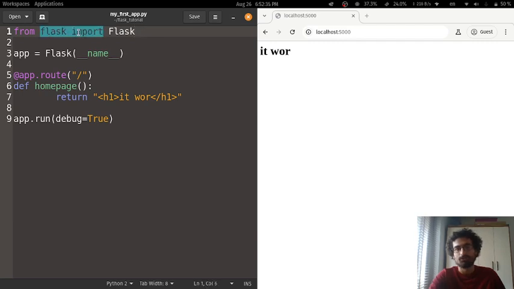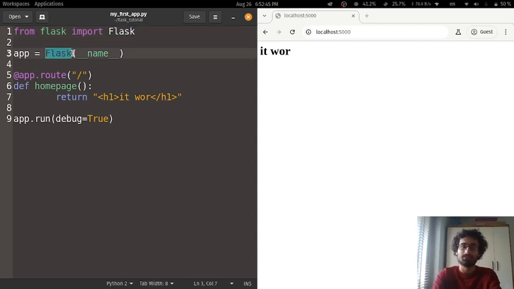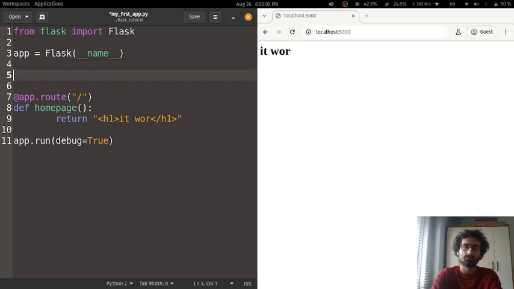This is no different. It's the library Flask, and we're importing the Flask class. We're later using this Flask class that we've just imported to make a Flask object, an instance of the Flask class. It requires one argument to be passed in, and this argument is the name. In most cases you just want to do __name__. I think you can put anything in here as a string, but what this does is it names the application